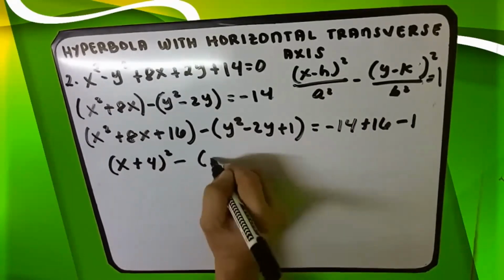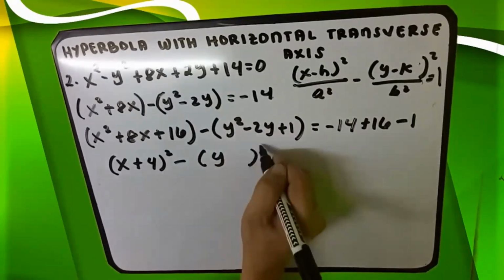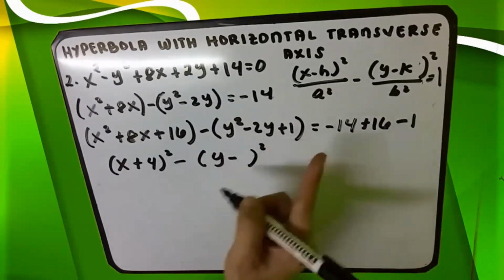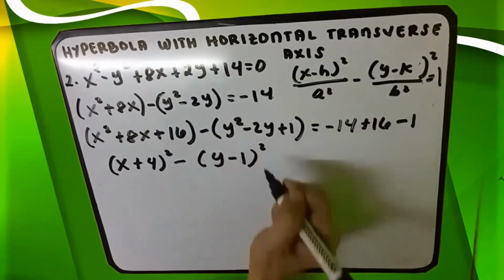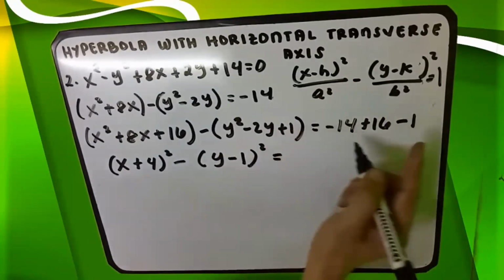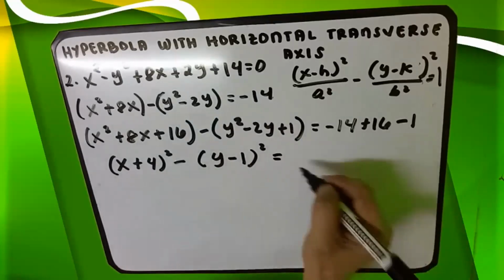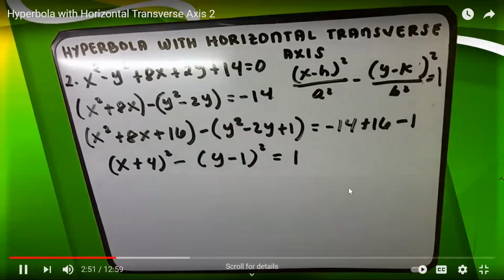And then minus y, labas natin si 2. Negative 2 divided by 2, negative 1. Negative 2 divided by positive 2 is negative 1. And then equals negative 14 plus 16 minus 1 is 1. So,